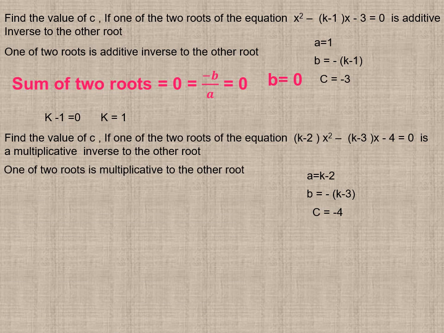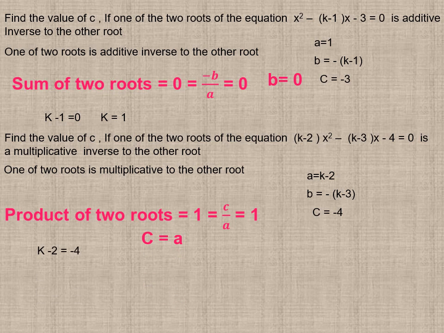One of the two roots is multiplicative inverse to the other. That means c over a equals 1, the multiplication equals 1. That means c equals a. So c equals k minus 2 equals negative 4. Finally I can find k equals negative